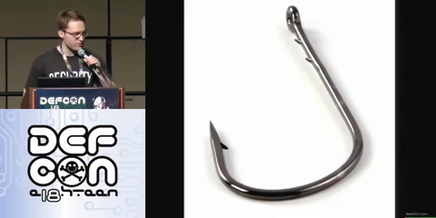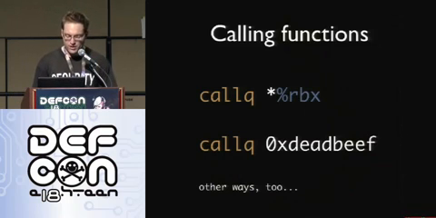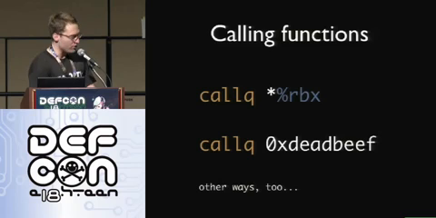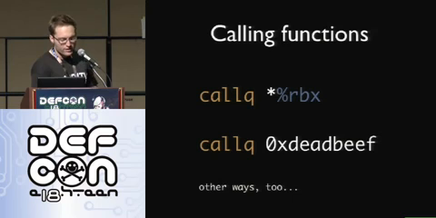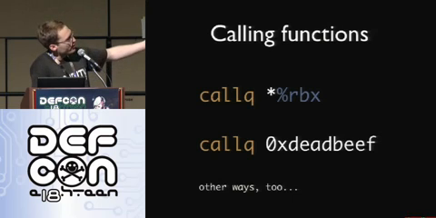Okay, so we know enough stuff. Let's start hooking some functions. Functions can be called in lots of different ways on x86. There's two really common ways. One common way is calling indirectly via a register, like you see on the top. In this example, RBX would just hold the address of the function you want to call, and it'll just indirectly call the function. Or the way on the bottom, so when you run objdump, you'll see things like you see on the bottom,